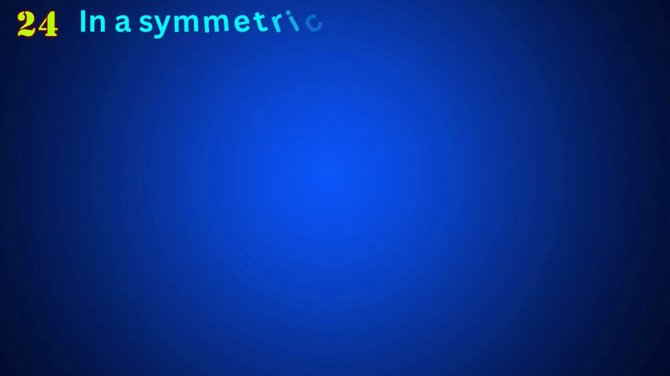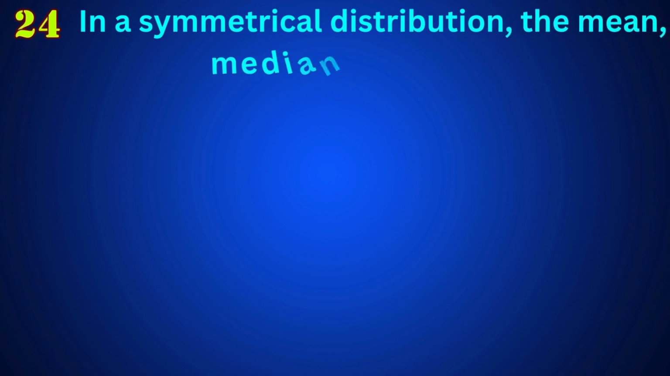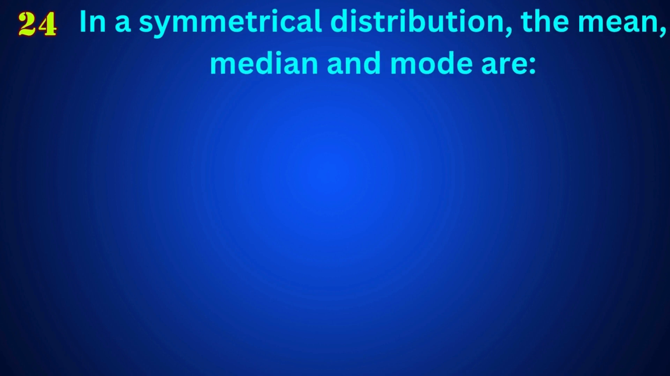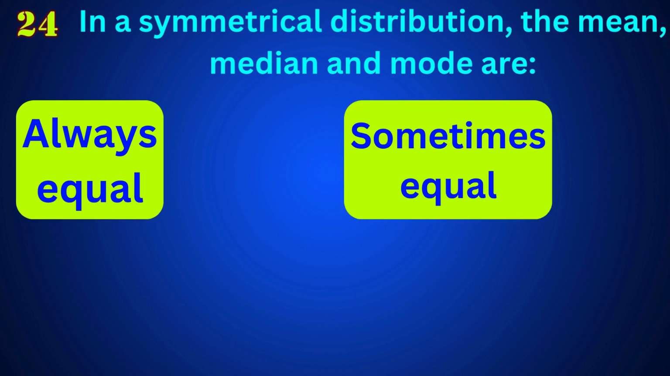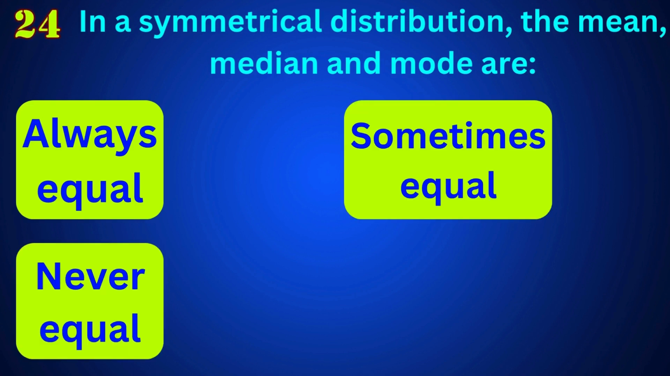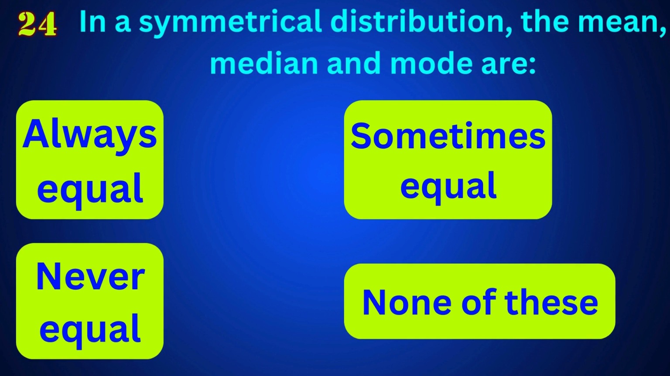In a symmetrical distribution, the mean, median and mode are. Options are always equal, sometimes equal, never equal, none of these. Right option is